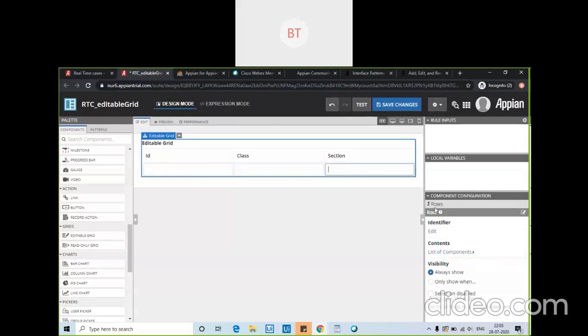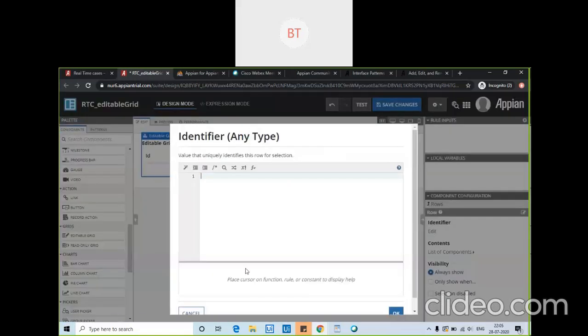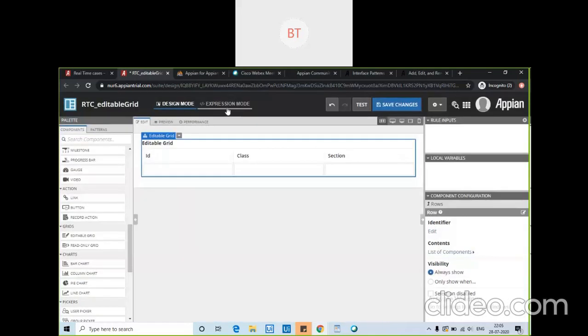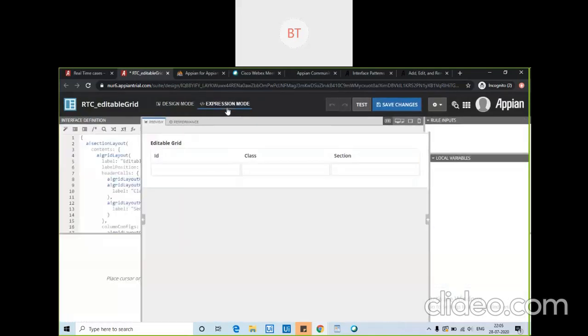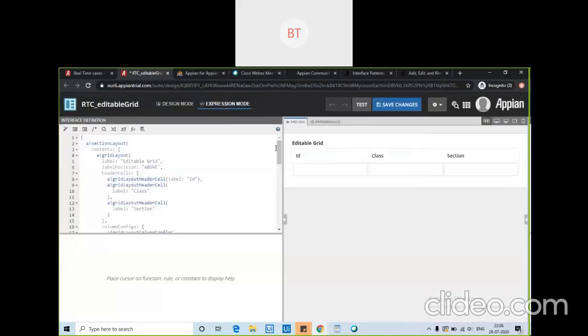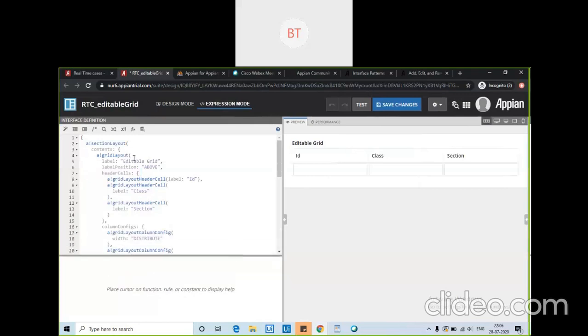So let me now go to the expression mode and see what code has come here. So see, this is the grid layout for us, the editable grid.